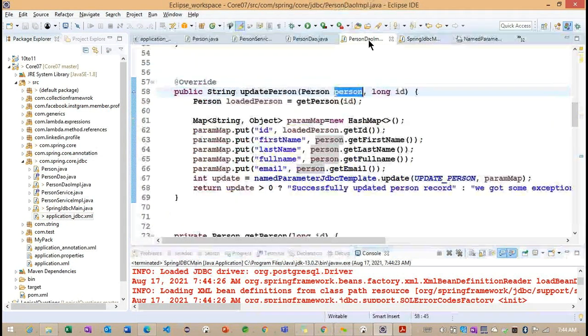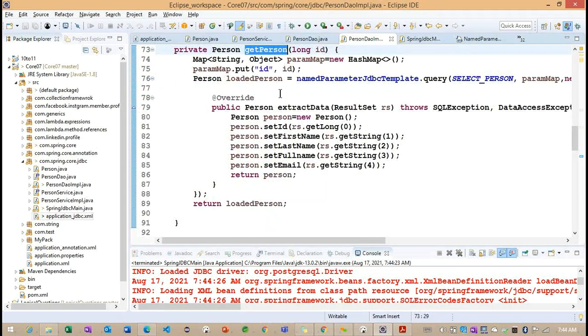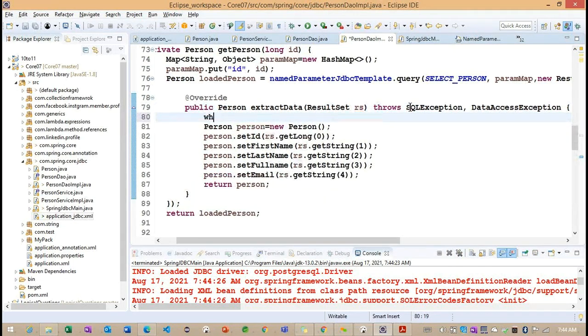So we missed some information inside this get person. Whenever we are getting this result set here, we need to call rs.next here.